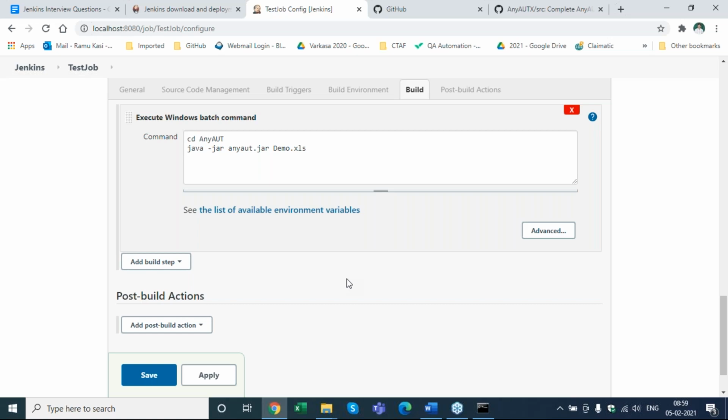Here demo.xls is the first argument that goes in, and that basically says launch my jar file, and here is your first input variable that will get triggered for execution. So I can launch anyot through command prompt or through double clicking the jar file. Both options are there. Did I answer your question? Yes. Thank you. Great. All right, Ramu.